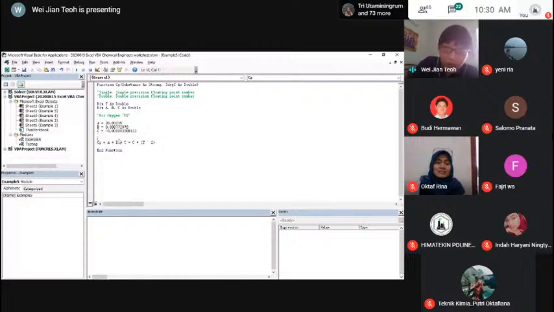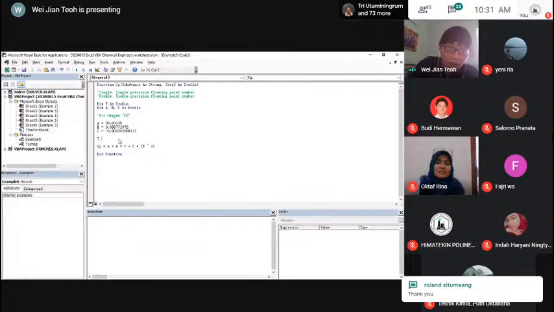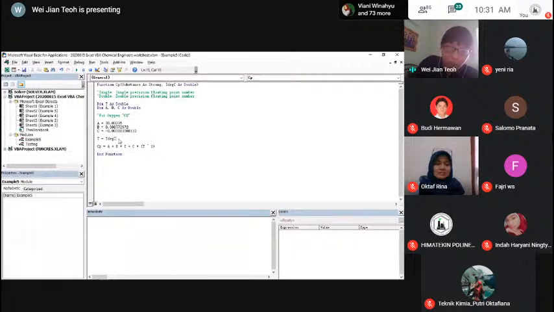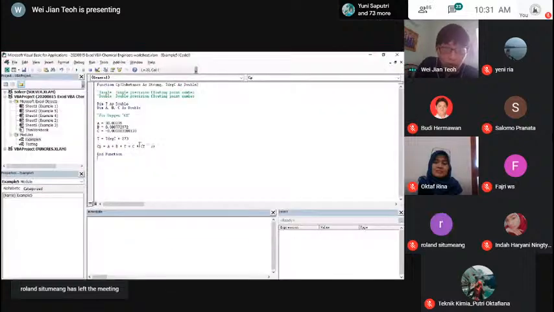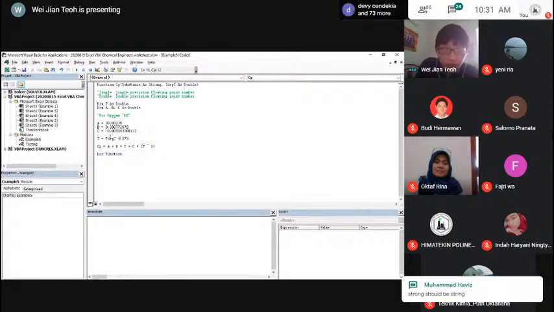The final thing I have to do is get the T. The T is a temperature in Kelvin. So to get Kelvin, I have to add 273 to the answer. In this case, I should get the correct answer for oxygen. So let me just try and see if it works. Missing something here. Let me see what I'm missing. Sorry, I should have put minus.